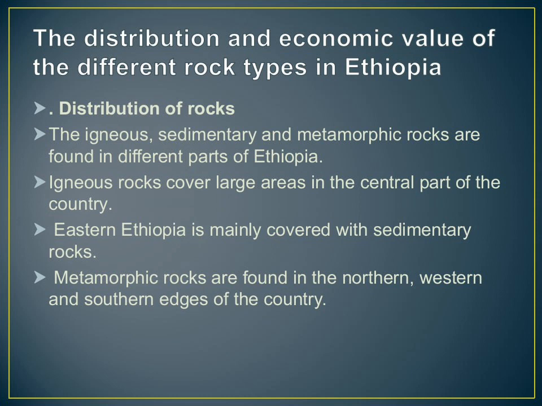The last one is metamorphic rock. Metamorphic rocks are largely found in the northern parts of Ethiopia, southern parts of Ethiopia, and also the western edges of the country. So metamorphic rocks are found in the northern edge, southern edge and western edge of Ethiopia. So this is all about the distributions of rocks